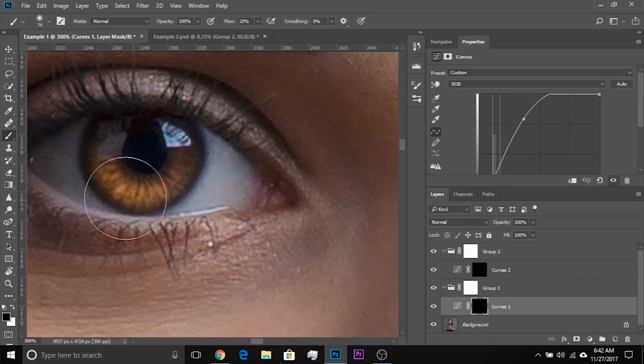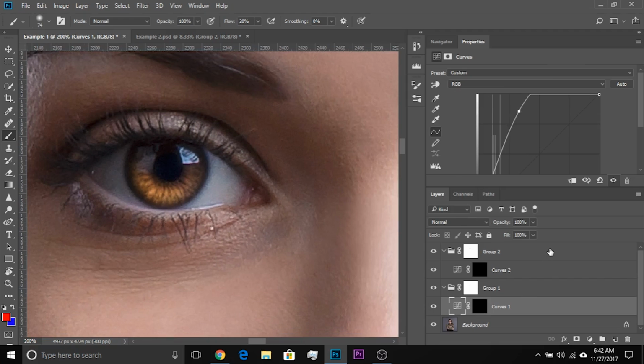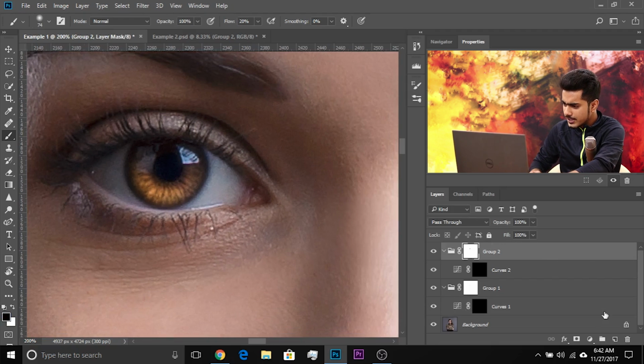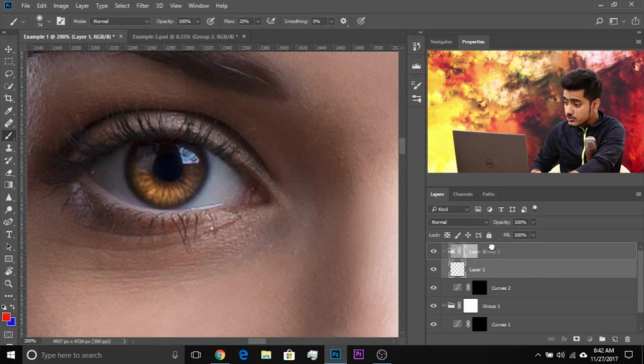If you want to make the eyes pop even more, here's what you can do. I think it should be a little brighter. Let's come back to this one and let's make it even more brighter, like so. Just a little bit more, like that. And now, here's what you can do. Create a new layer on top of everything, alright? Click on the new layer icon and make sure it's on top of the group, like so.